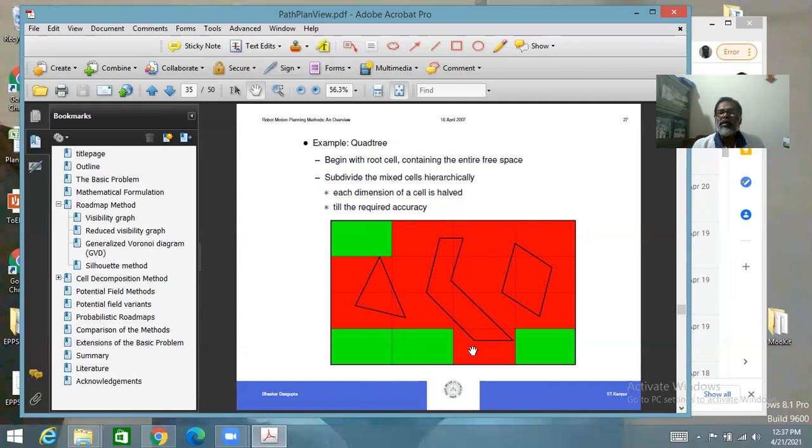So this picture shows you the snapshot after 2 rounds of subdivision. Okay, 2 rounds of decomposition of mixed cells. Now you label these as free, free, free, free, and other cells as mixed. And in the third round, these mixed cells will be further subdivided, right? And you are constructing the tree actually. You are keeping the record in the